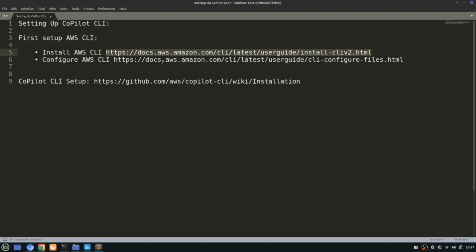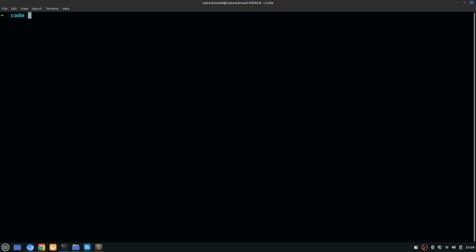And then once this CLI is deployed, you need to configure it. So let's first see if AWS CLI is deployed. You need to fire a command aws --version. So it is deployed, right? Now you need to set up, as I mentioned. Once this is deployed, you need to provide your credentials using which your console will interact with your infrastructure. So to configure it, you need to give a command aws configure,